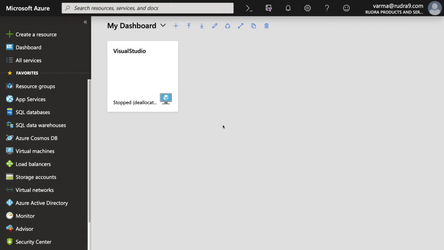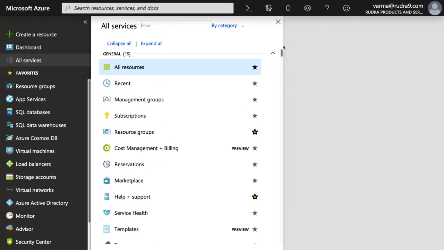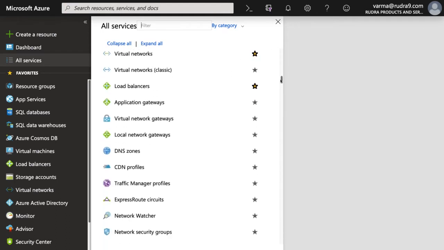And in order to create a resource in Azure, you have to go here and select the appropriate one. But in case you can't view the right resource here, so for example, let's say traffic manager, I can't see here. In that case, click on all services and then you can see all the services are categorized into different categories. So you have general, compute, network, which should include traffic manager. And in case you are regularly creating some services, then you can favorite them. Okay. That's how you can create.